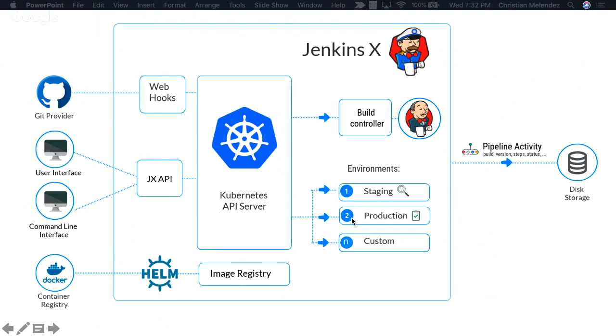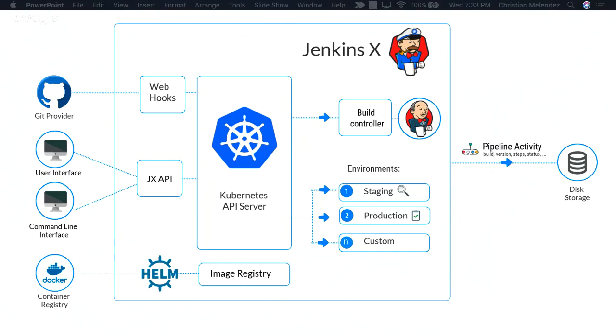By default, you will have a staging and production environment, and you can create as many environments as you want. The pipeline activity will be stored in the disk storage of the cluster. How you manage that part will depend on how you configure the Kubernetes cluster.